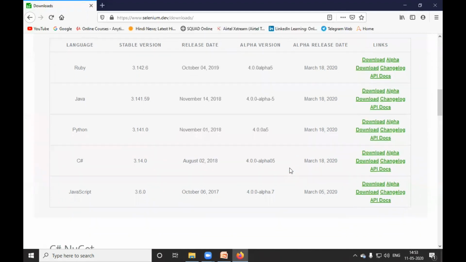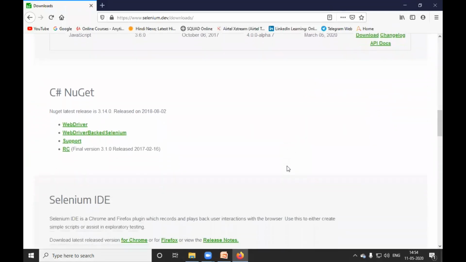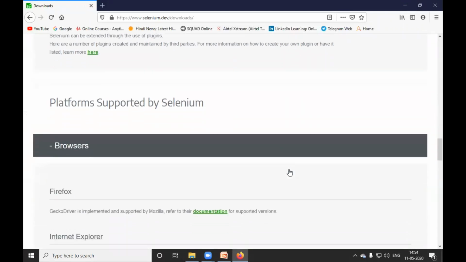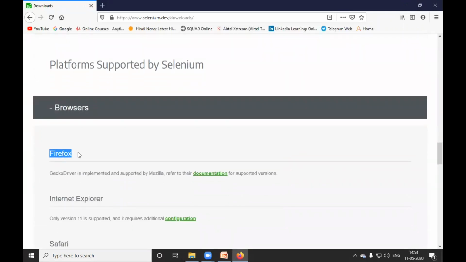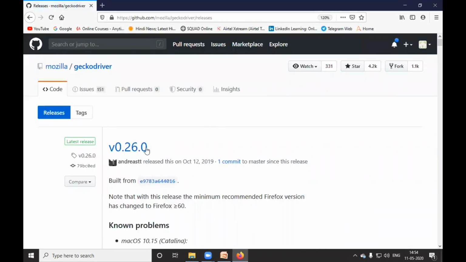Next, I will show you from where you can get browser drivers. I will go a little down to the browser section, where you see the Firefox browser section. In the documentation you need to go for getting Gecko driver. Gecko driver is implemented and supported by Mozilla. I need to click on documentation and click on Gecko driver releases. Here you will find the latest version, 0.26.0.